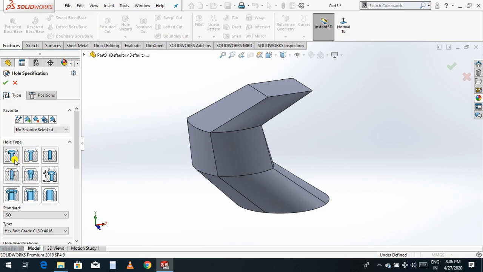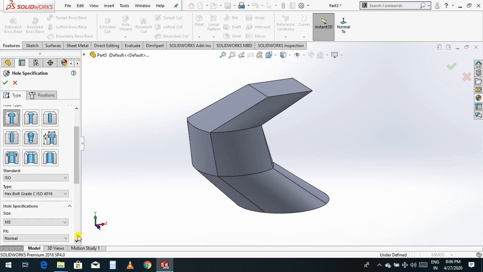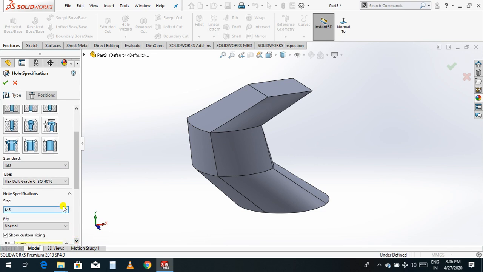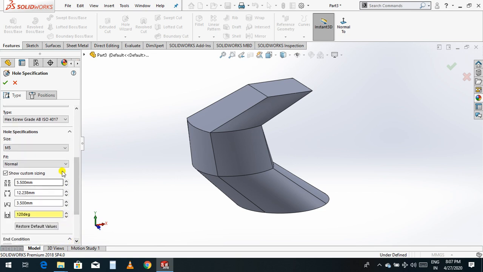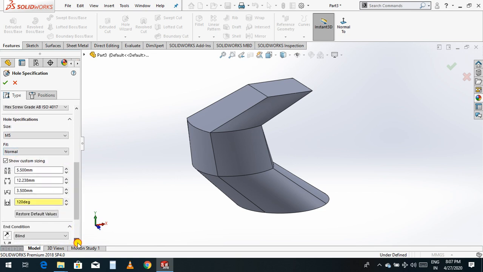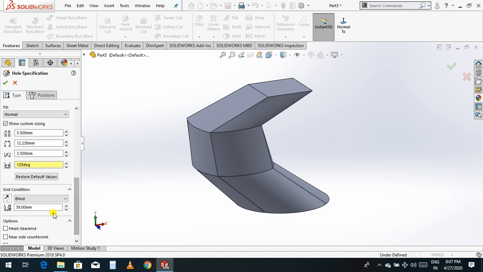Select the standard ISO, type helix screw, size M5, fit normal.